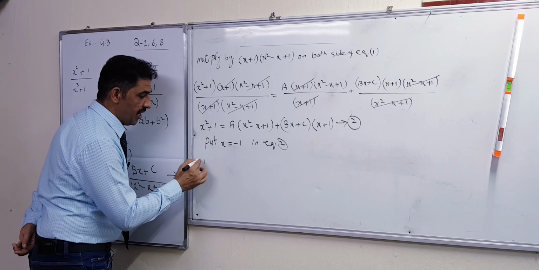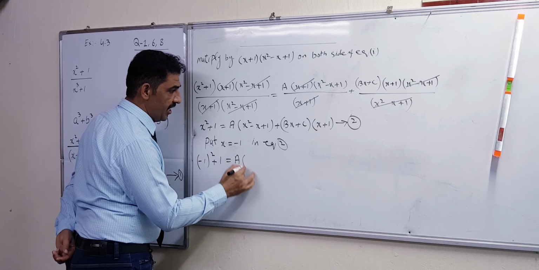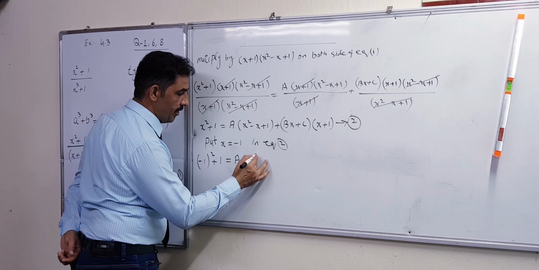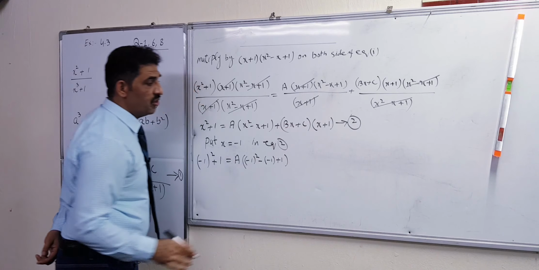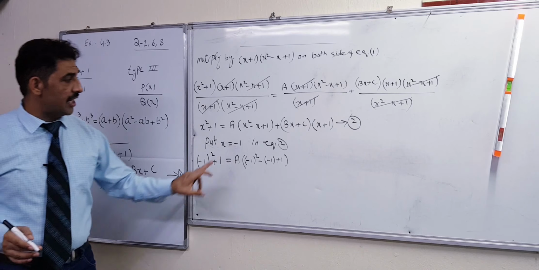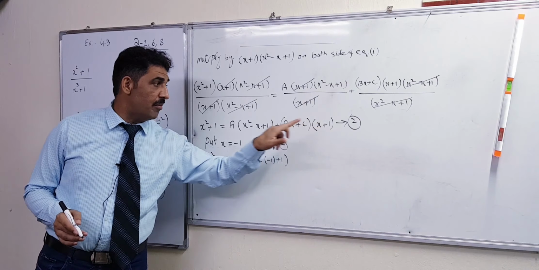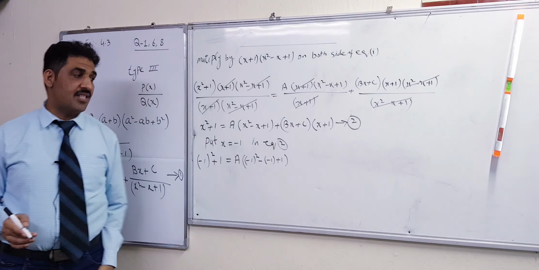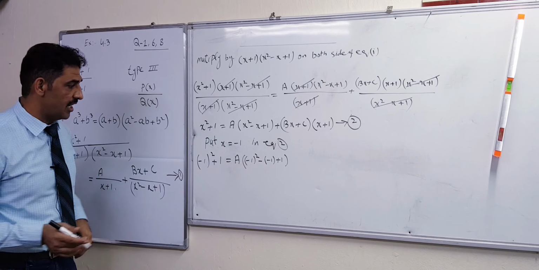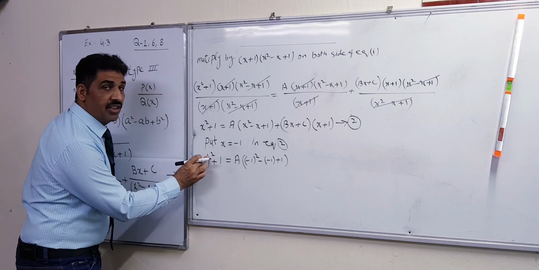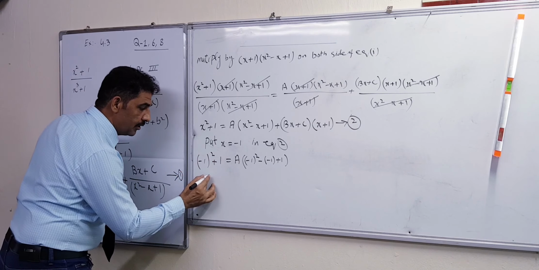So you will write minus 1 square plus 1, and here a is equal to minus 1 square minus into minus 1 and plus 1. If you do not write the next term, it's okay, because minus 1 plus 1 becomes 0, and 0 multiplied by both terms makes 0. So it's okay if you do not write it. You have to simplify only this term. So what is here? Minus 1 square is equal to 1, and 1 plus 1 is 2.